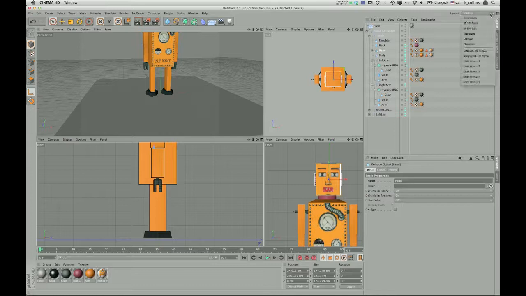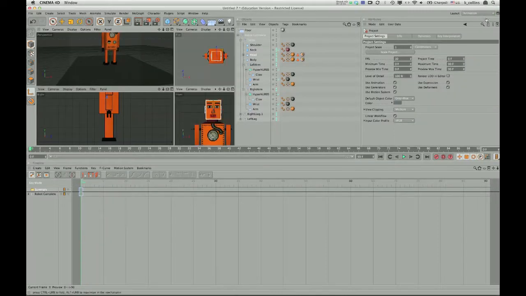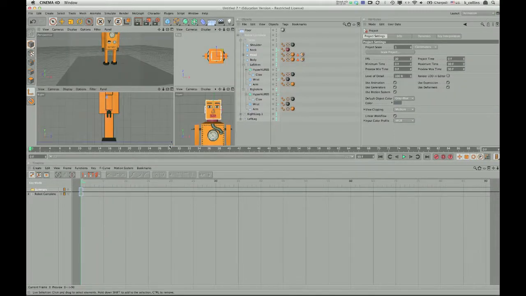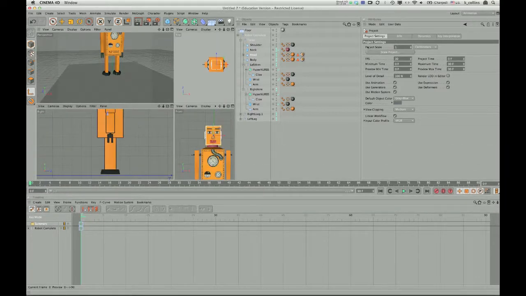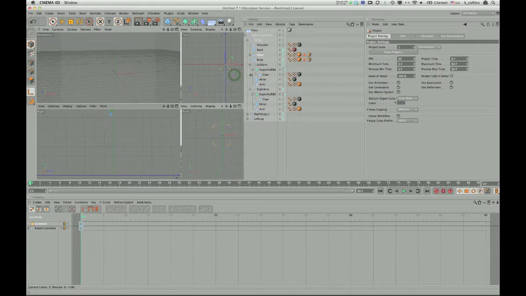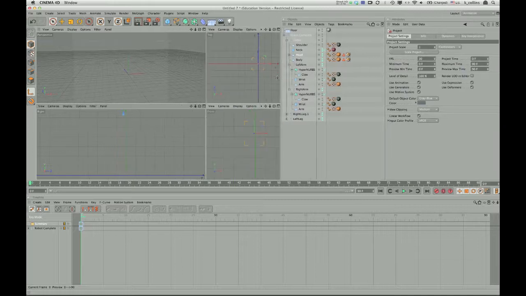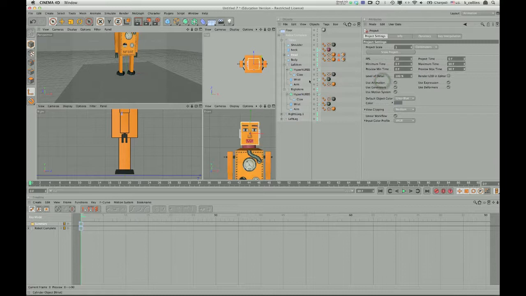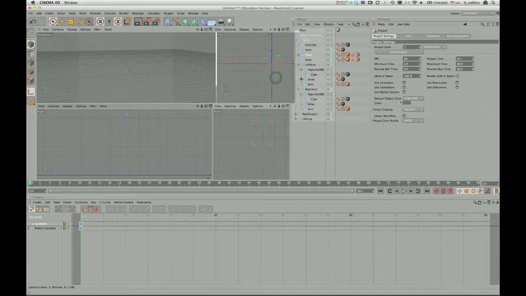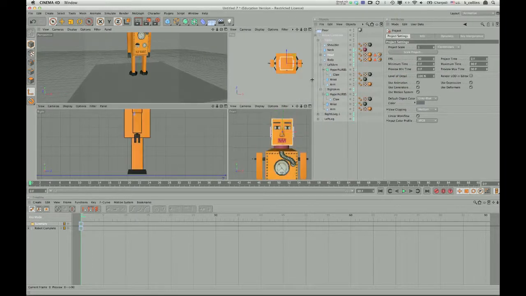We'll go back to animation. Don't need quite that much animation room. And I certainly don't need that to be quite that big. Okay. So,